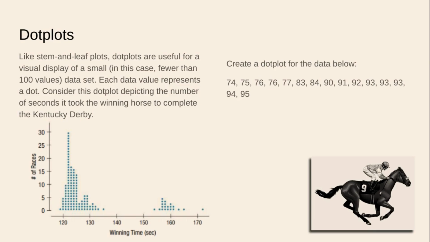Dot plots. This will be the last plot that we're talking about in this section. So like a stem and leaf plot, a dot plot is useful for a visual display of a small, that is fewer than 100, data values, data set that is. Each data value represents a dot in the dot plot. So this is a dot plot here depicting the number of seconds it took the winning horse to complete the Kentucky Derby. All right, I imagine there was some kind of a rule change from here as opposed to here,